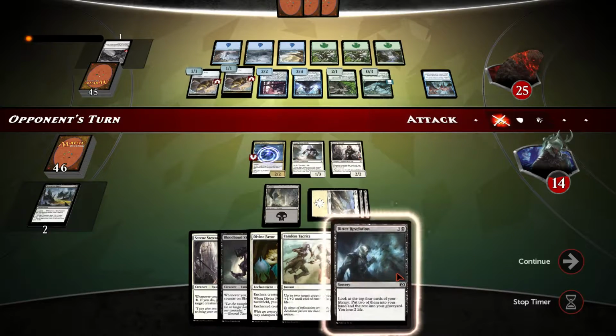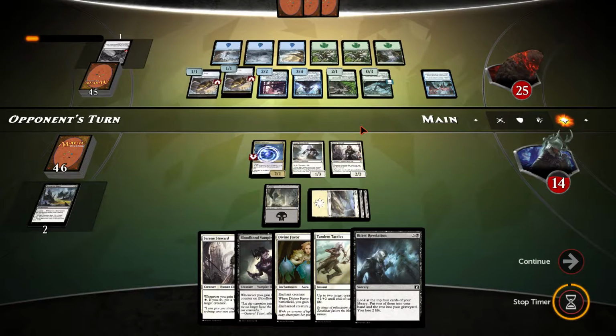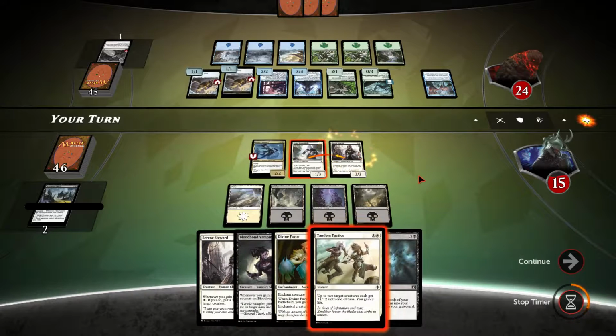I mean, something like Languish would be almost perfect for us right now to kind of re-slow this guy down. He can't counter it because he needs to have instants or sorceries in the graveyard to use Disciple of the Ring. Okay, so that's cool. So we are going to be regaining health here. Now, do I pay for the... so it doesn't really matter here because I'm probably not going to...